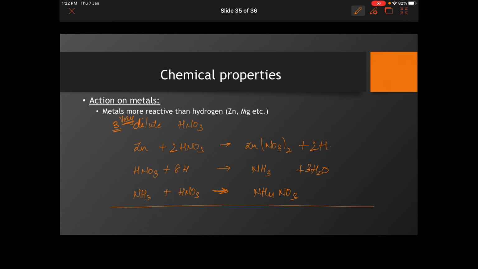So this goes as this, and now you will see that the first equation has to be multiplied 4 times, so this 8 and this 8 will cancel. We get 4 times Zn plus 8 and 9 HNO3. That's your reaction. 9 and 1 over here also, 10 HNO3. What you will see, ammonia gets cancelled. These are intermediates, and we will be forming 4 times Zn(NO3)2 plus 4 times, right? 4 times. Do not forget that you have to multiply this 4 with everything, and we get ammonium nitrate, that is NH4NO3, plus thrice H2O.